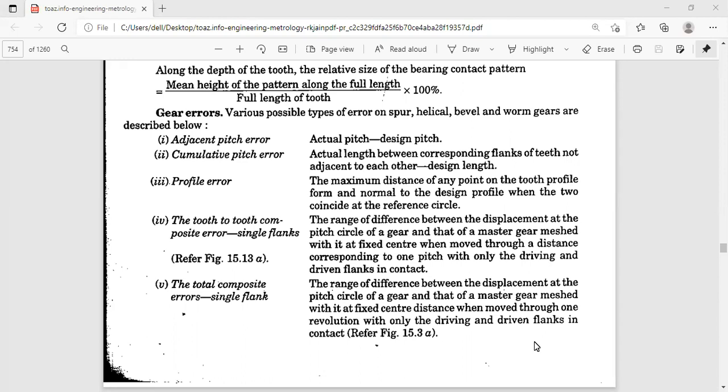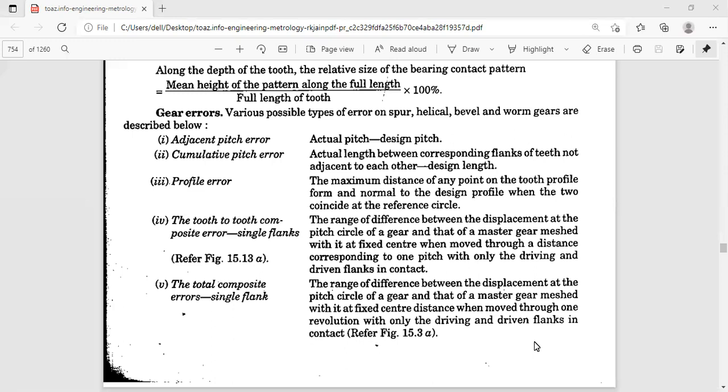What is pitch? Because the pitch measurement can be made by the tooth-to-tooth measurement or by the portable handheld base pitch measurement. Out of the pitches, circular pitch you cannot measure directly. Suppose you try to measure the base pitch, and PB is equal to PC cos phi. If you know the pressure angle and the base pitch, you can know the circular pitch like that.